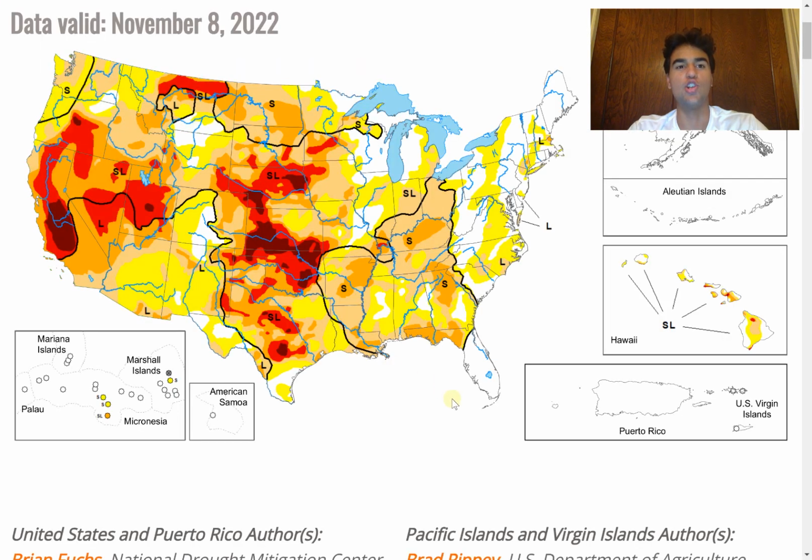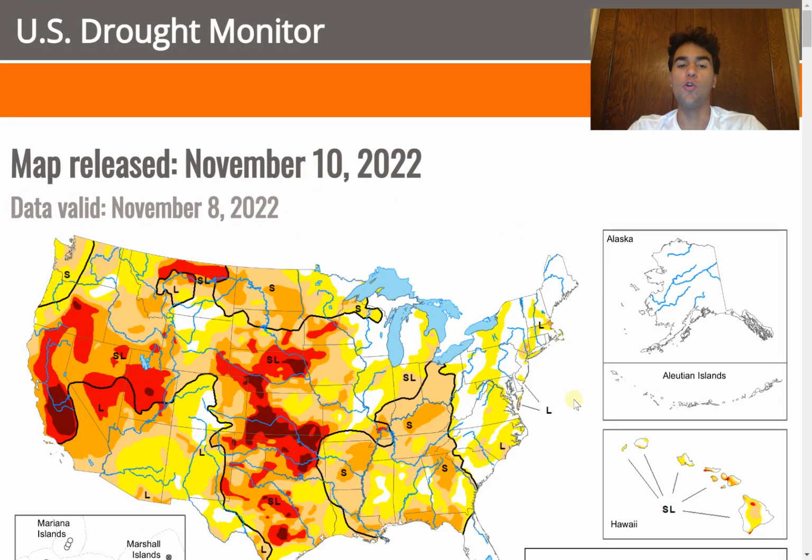Now, another thing that's very important that we're going to need to pay close attention to this winter is the drought monitor, which of course I've been talking about over the past several winter season videos, that most of the United States is under a severe drought right now, especially if you're just to the west of the Mississippi River Valley, especially right around the Midwest and the West Coast, where we see the drought is at a very severe level at this time.